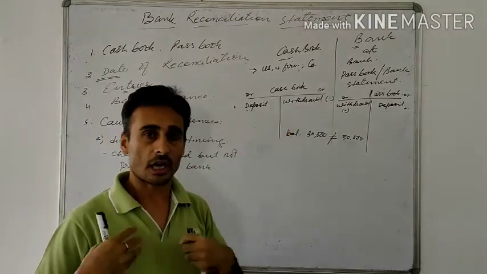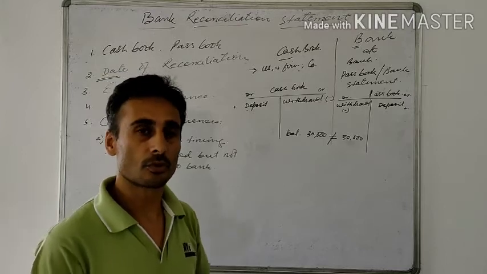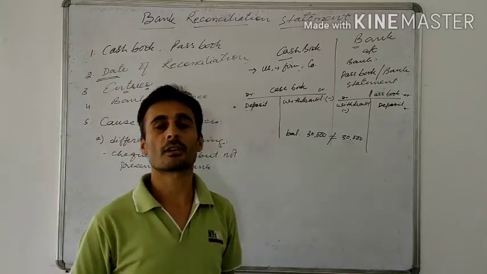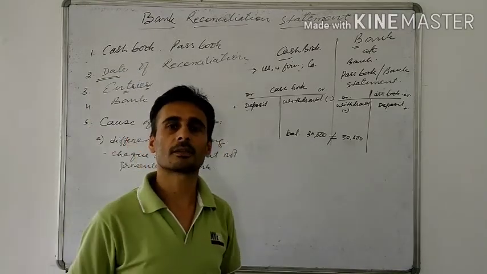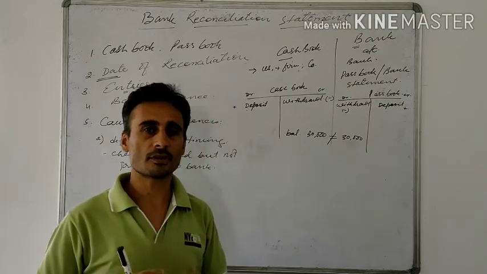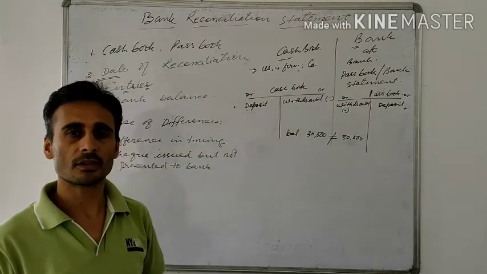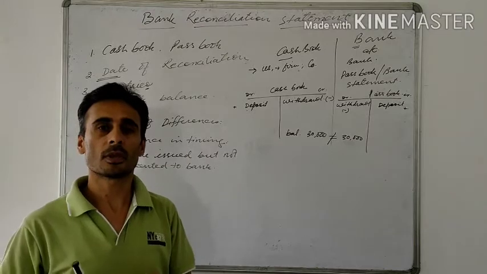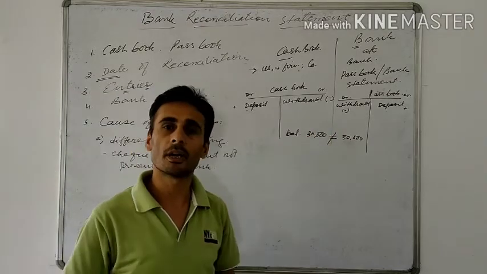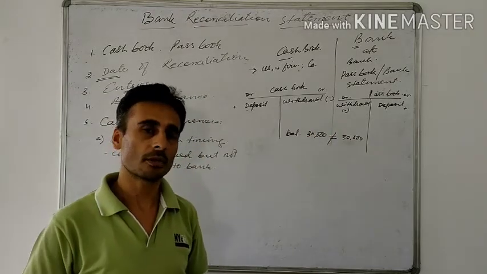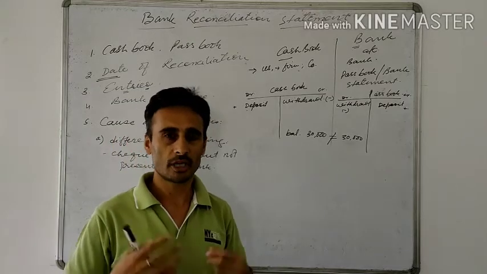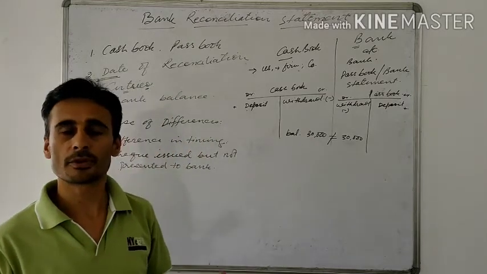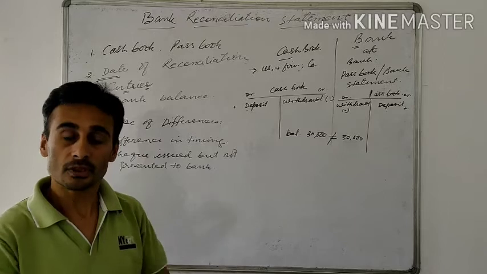Now, you cannot go after Ashok telling him to go to the bank and present the check, take the money from the bank. You have issued the check to Ashok. Ashok has received the check. Now it is up to him when he will go to the bank and get the money. He may go to the bank after a month, or he may go after 15 days and withdraw the money. So there is a time gap.